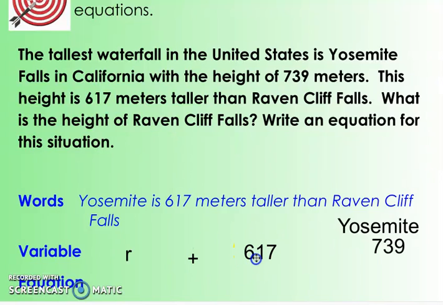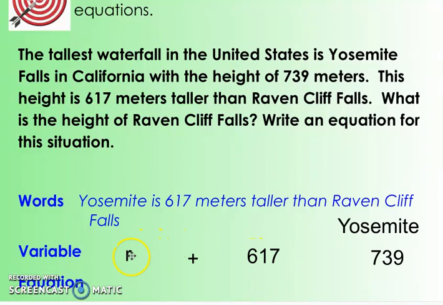And then we're taking 617 and we're adding that on. So we start off with Ravencliff, we add on 617. That should actually equal Yosemite. Because this height of 739 is